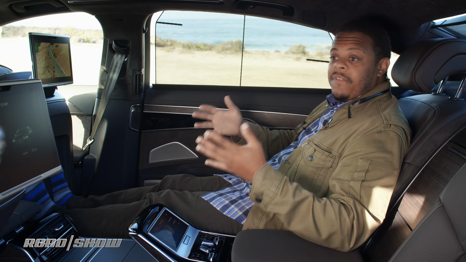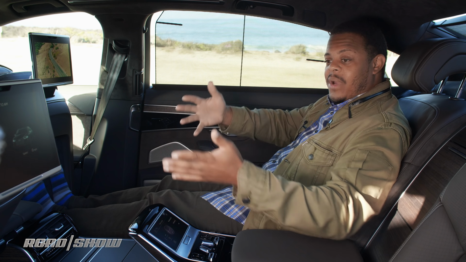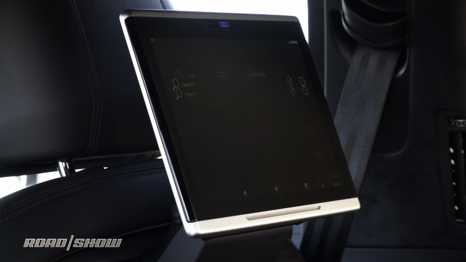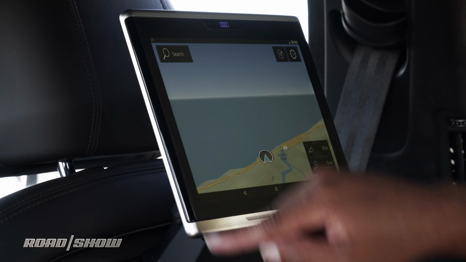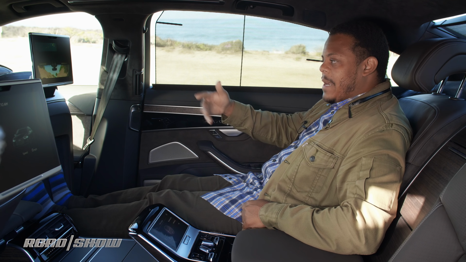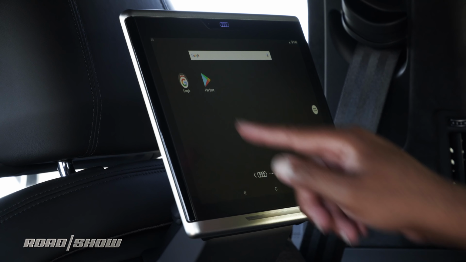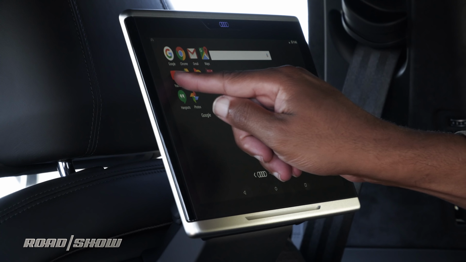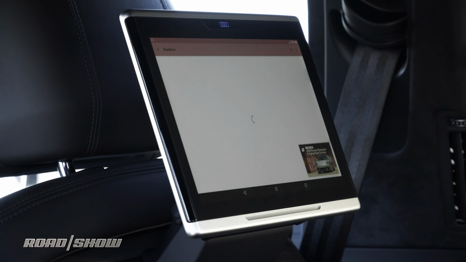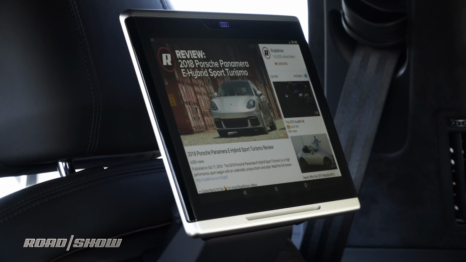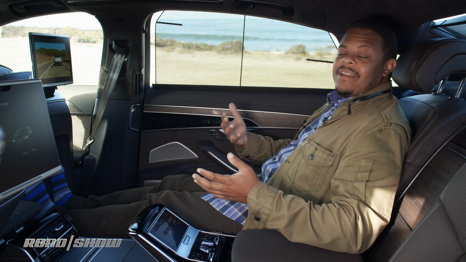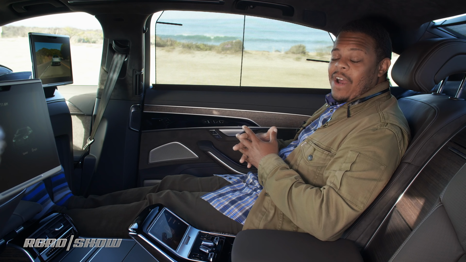Now they're touch sensitive and feature a redundant menu similar to the rest of the MMI system that gives you, again, control of a lot of the media sources throughout the car. But if you swipe over, you'll find that they're also fully fledged and web connected Android tablets. So you can pop into the Play Store and install Netflix, or maybe even install YouTube and watch some Roadshow videos on the go. So there's been your look at all of the technology inside of the 2019 Audi A8L,